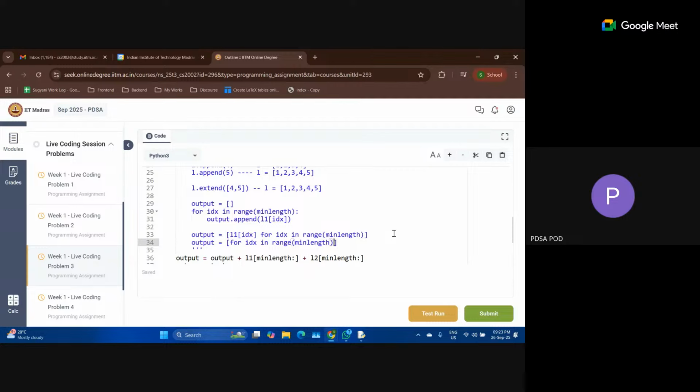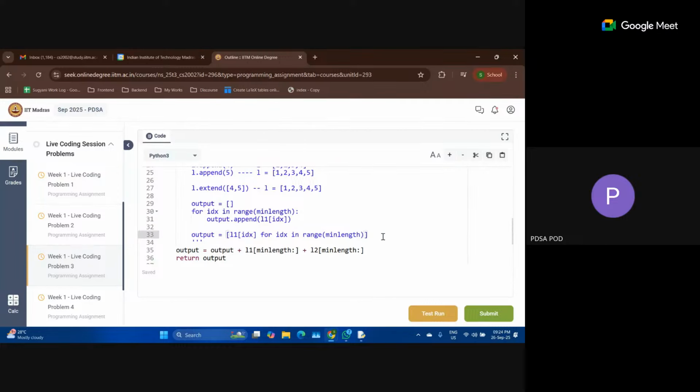That will be a little bit more complicated, so let's ignore that part now. Let's discuss only the append operation. If you want to know how to perform the extend operation, you can look online. There is a zip function which will zip all of these values into one, and then you will have to perform another loop. That will be more complicated, so let's go with this append operation only.